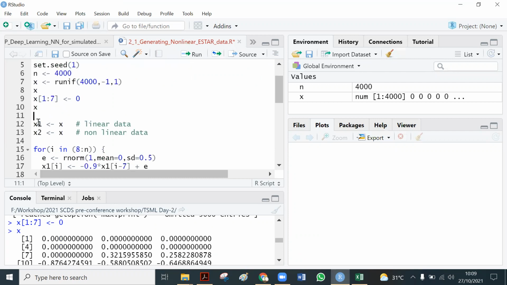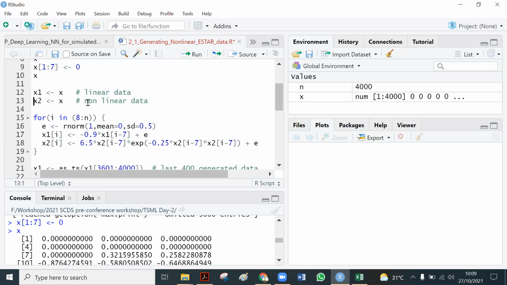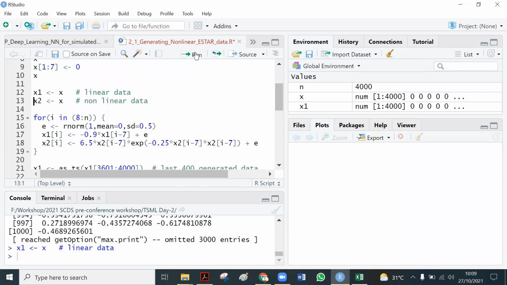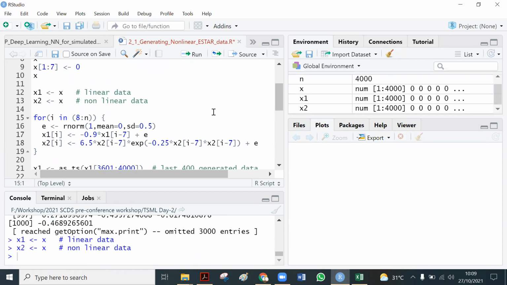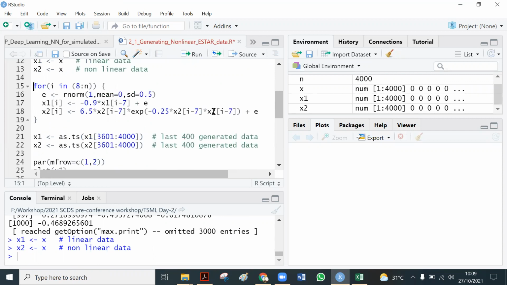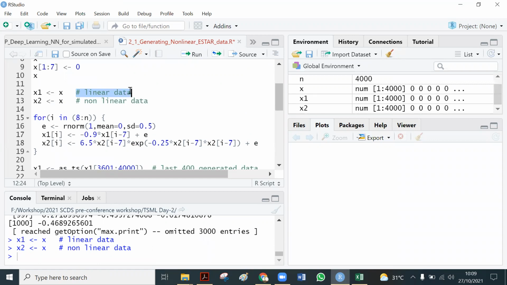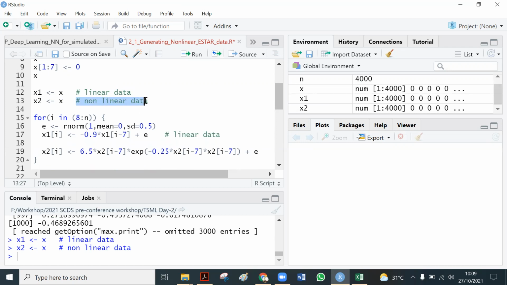Now we copy the data into different variables, x1 for linear data and x2 for non-linear data. So we just copy the values to other variables, and now we generate this linear and non-linear data. This is linear, and the second is non-linear.